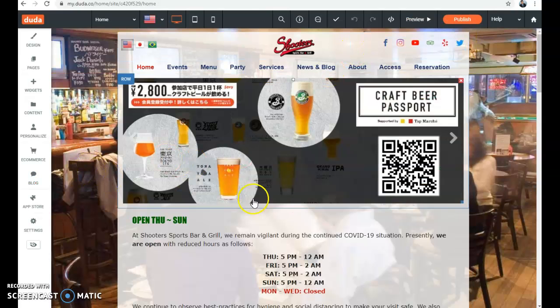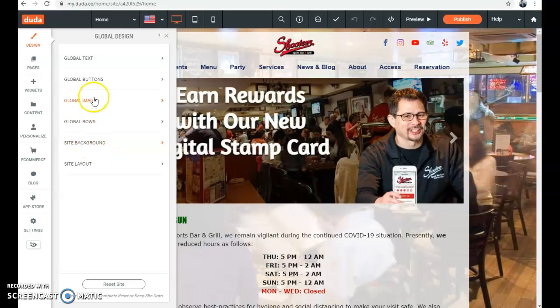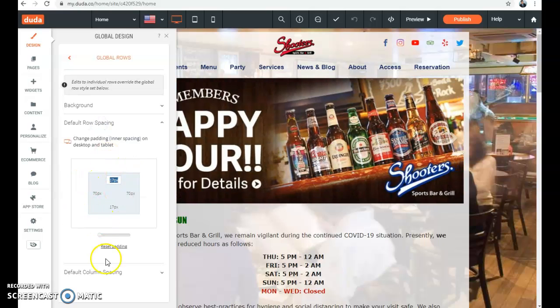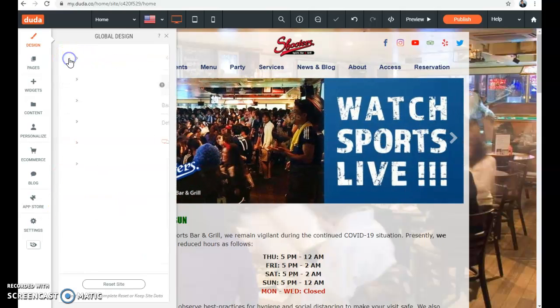And the problem presents itself anytime you go into Design and you look at the global rows settings and just looking at them. So I'm going to open this and look at it, not change anything, and then open this and look at it and not change anything. And I'm going to go back,